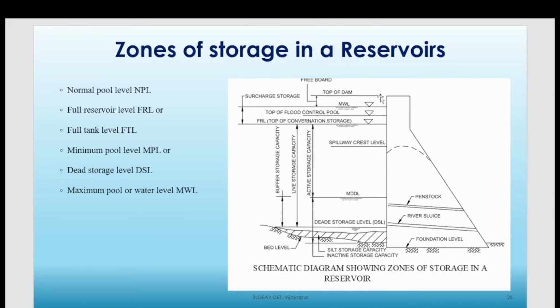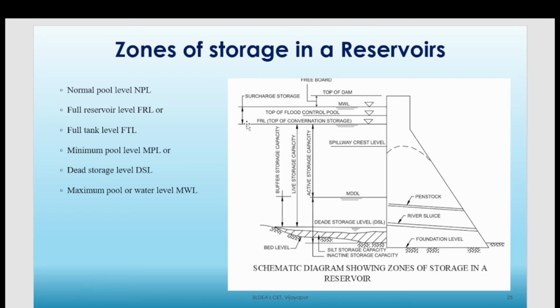Now coming to this level, we call it the dead storage level. The dead storage level is basically the bottommost level of water. You don't extract the water when it reaches the dead storage level. This dead storage level is required for aquatic life. Whatever animals are living in the water should survive on this water itself. That's why we call it dead storage level. Then we have the minimum pool level, which is the minimum level that is required. It is basically similar to the dead storage level itself.